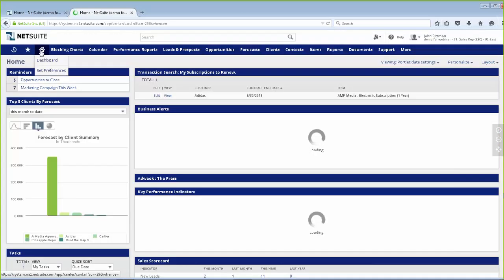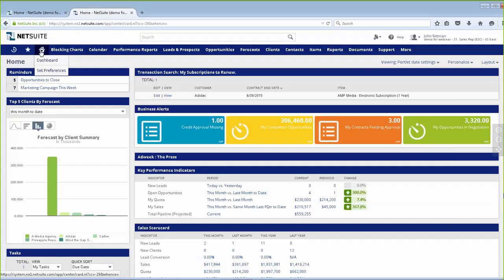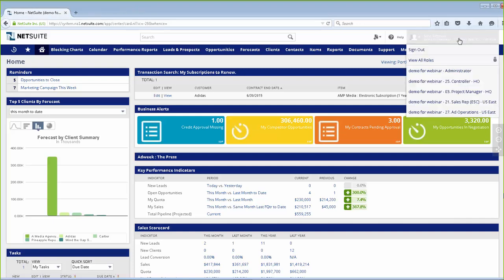So, a lot of flexibility on helping their salespeople get through their day and making sure that they have everything at their fingertips to help make sure that their pipeline's being met, that they're selling all their products. And now let's move over to the operations side to see a difference of their dashboard and helping the operations team really maximize the revenue and making sure everything is starting on time.